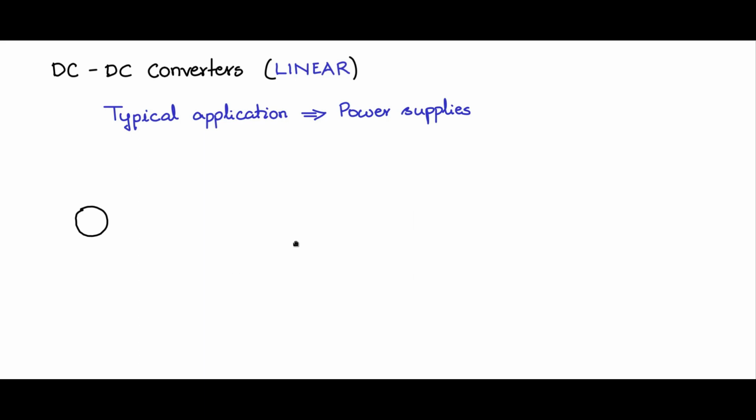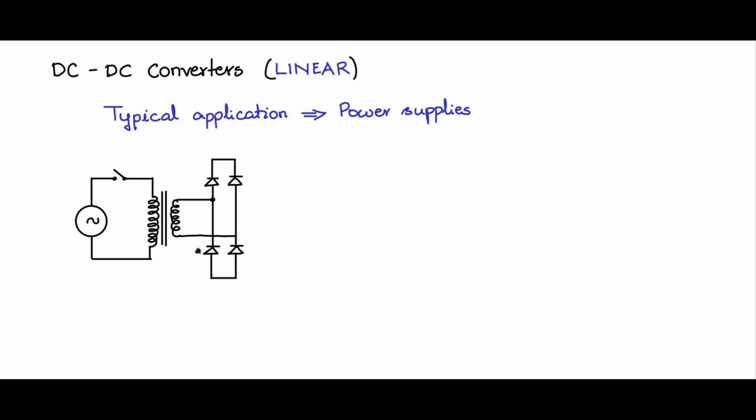So we have seen how to get unregulated DC from an AC source. If you see, we have used a transformer based rectifier, diode rectifier capacitor filter like this. We have used this kind of circuit, and we have used a transformer for inrush current limiting. We discussed this. Not only does this transformer do inrush current limiting, it also provides galvanic isolation between the AC side and the load side. And further, it also provides scaling.